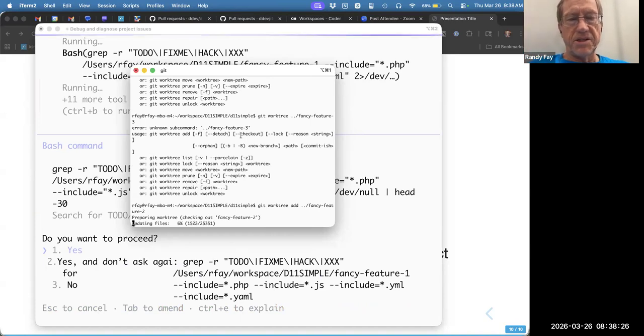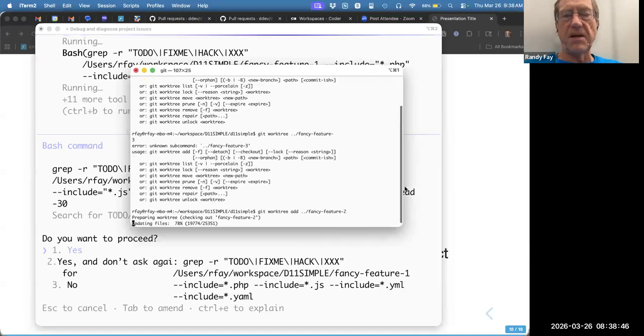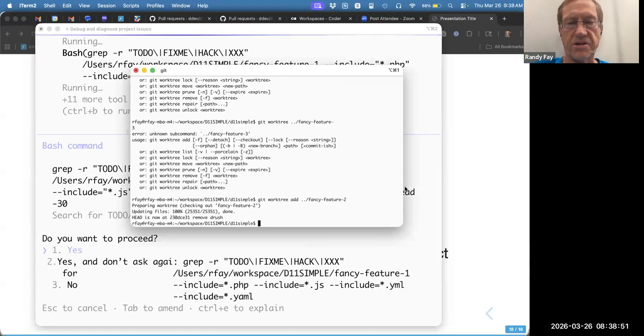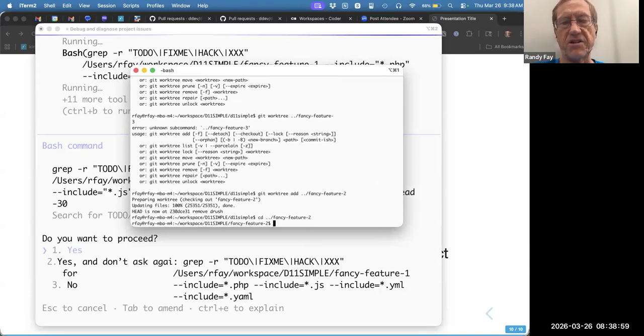And so it is actually using the right branch to begin with here. So that's good. And in our fancy feature 2, we can tell Claude to do something else, and it can be working independently there. And of course, we could use the new auto mode so that it didn't ask us all the questions, like, I don't want you to ask me about grep, that kind of thing. So I could use Fancy Feature 2 here and run Claude,